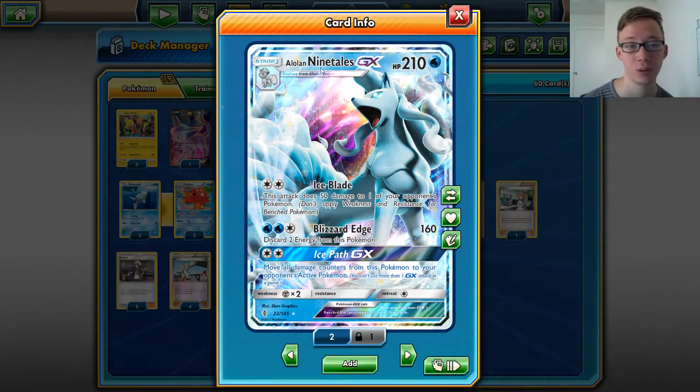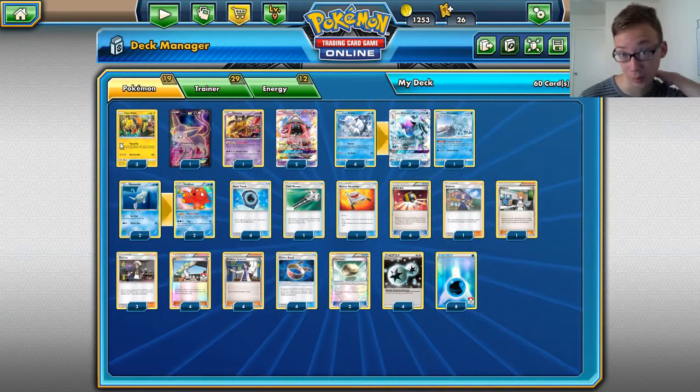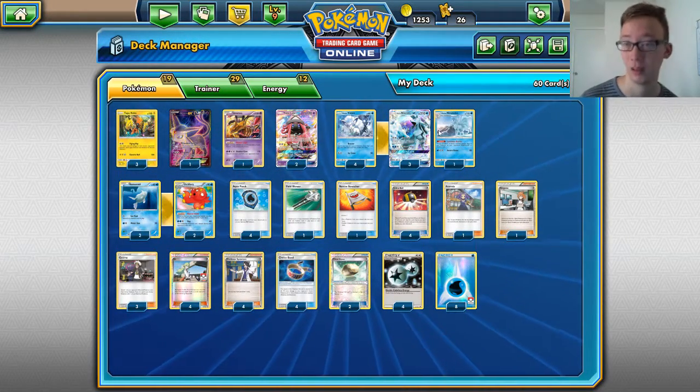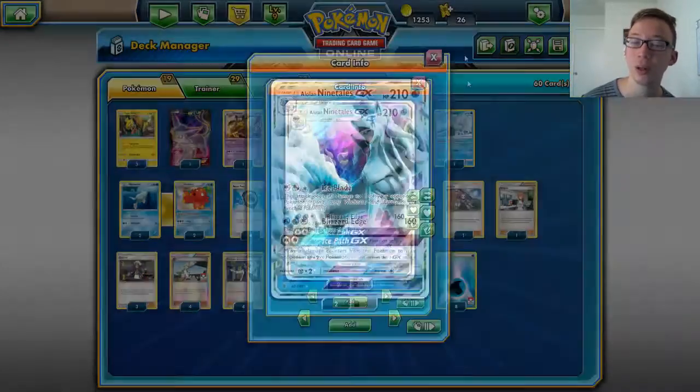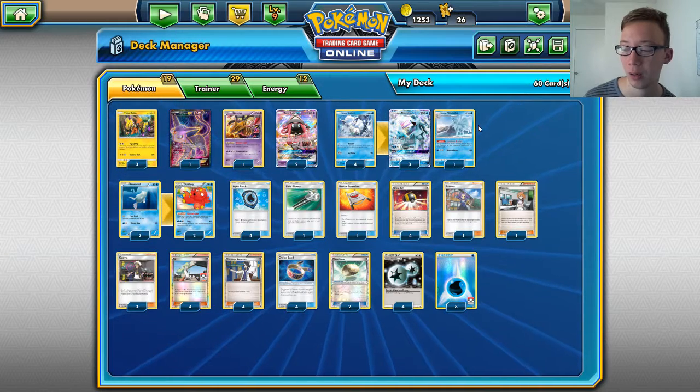Which will probably kill something because if we start with Tapu Koko, you usually get off a couple Flying Flips before it dies. And yeah, you can do a lot of different things, and that's why I feel like Ninetales is in a good spot right now. But I feel like